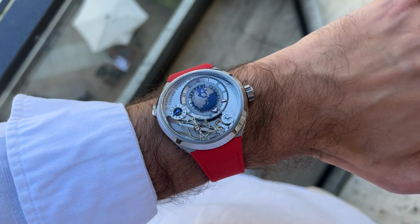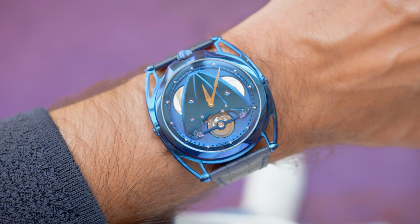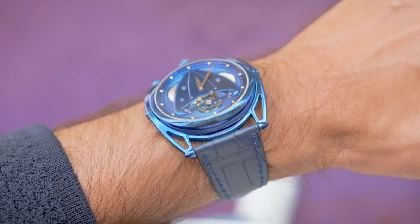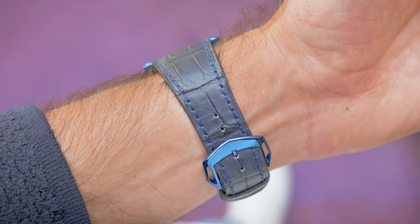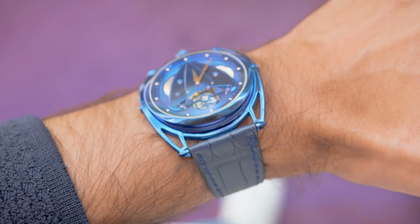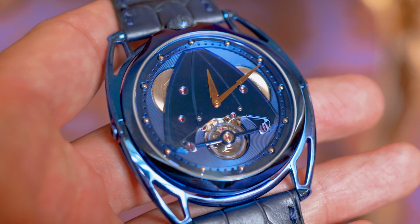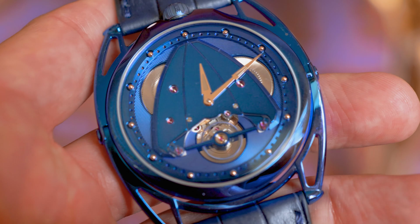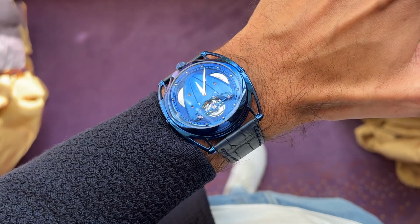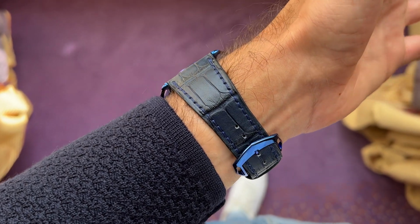Where do we find titanium watches? There are a couple of manufacturers that have entered this space. De Bethune is one of them. If you haven't heard about this brand, it's an independent brand based out of Switzerland, has a very unique, distinct look and case shape, but they have managed to create watches out of titanium that are very, very significant. They have created blued titanium watches like the DB28 Kind of Blue, and this is something that they are well known for. How is this blue actually achieved? If we put it in simple terms, the titanium is heated or treated with heat, and therefore it turns blue,